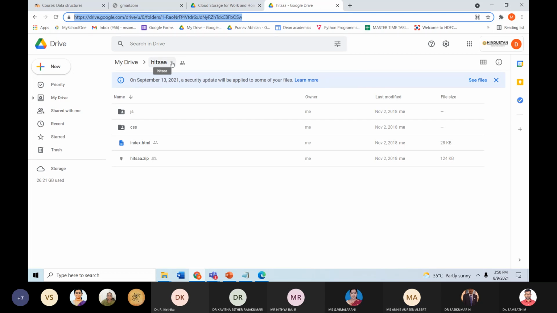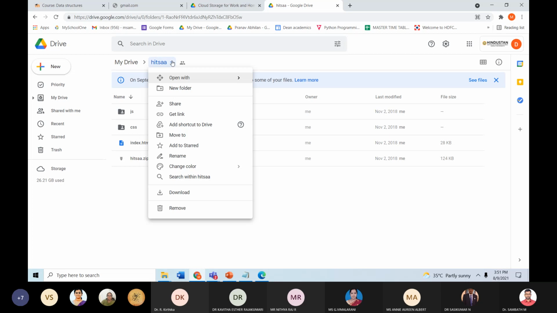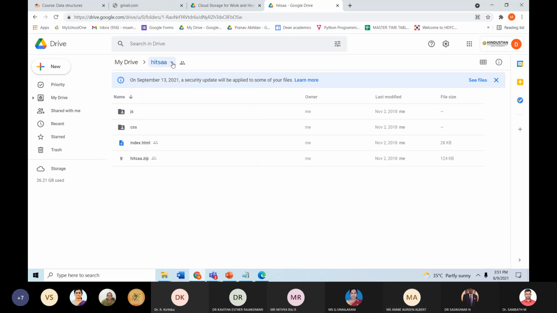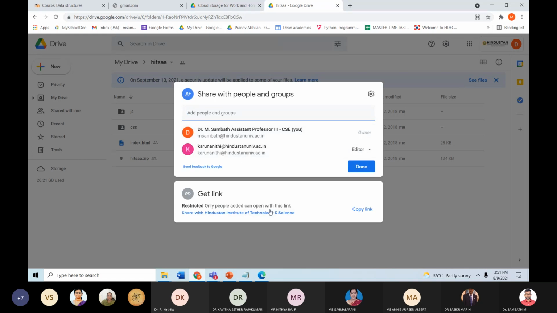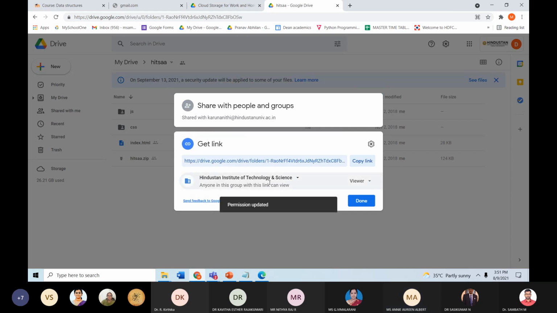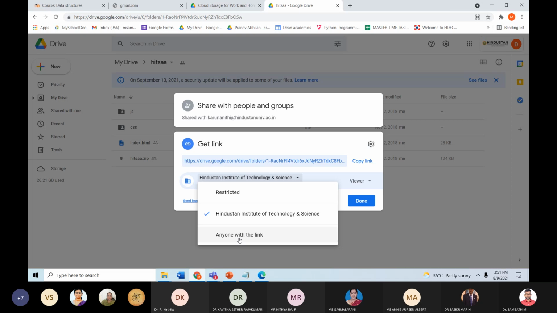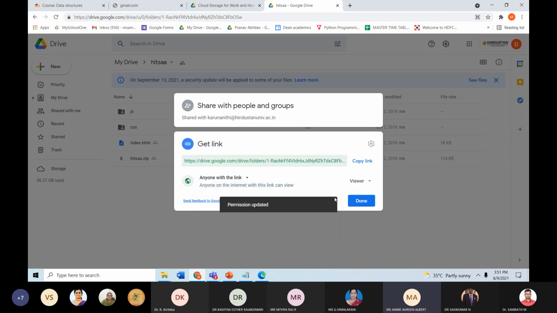For example, this folder is there, no? So just go to this folder and share, and then here you can choose the option anyone with the link. Okay, anyone with the link.